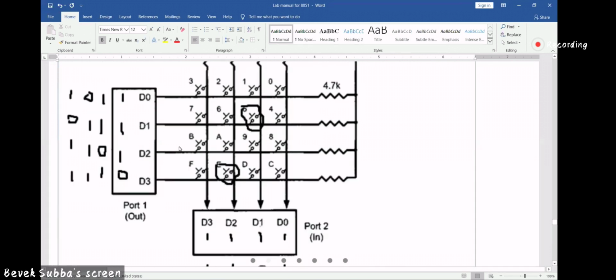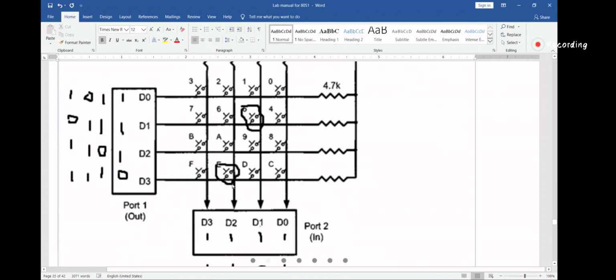E is still not in the third row, so your port 2 values will remain 1, 1, 1, 1. Last, I'll give 1, 1, 1, 0. E is in that row, so we will know there will be some change in port 2. When I give 1, 1, 1, 0, the value of port 2 will be 1, 0, 1, 1. This will be 0 because this will come in contact with this one, so this will be shorted.